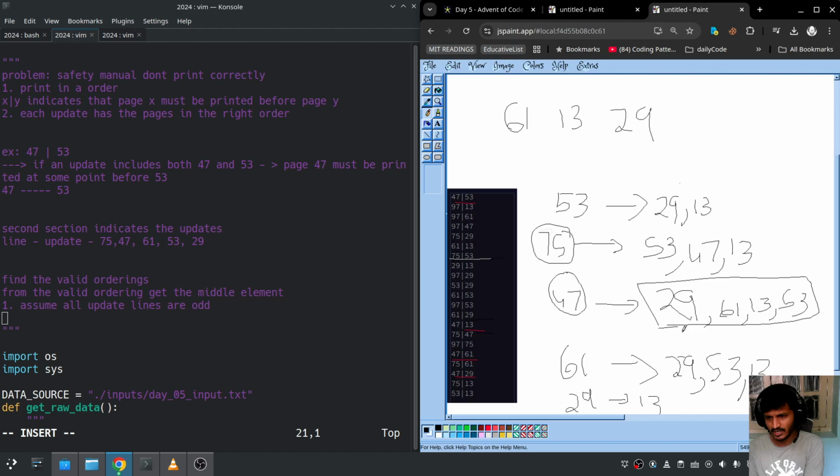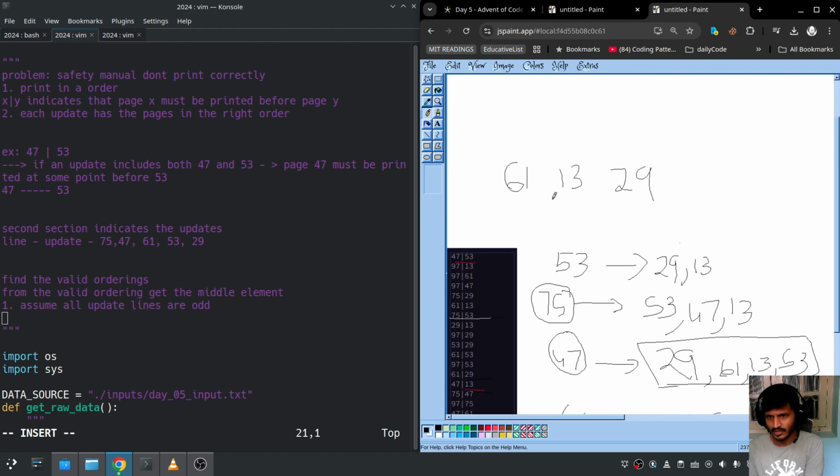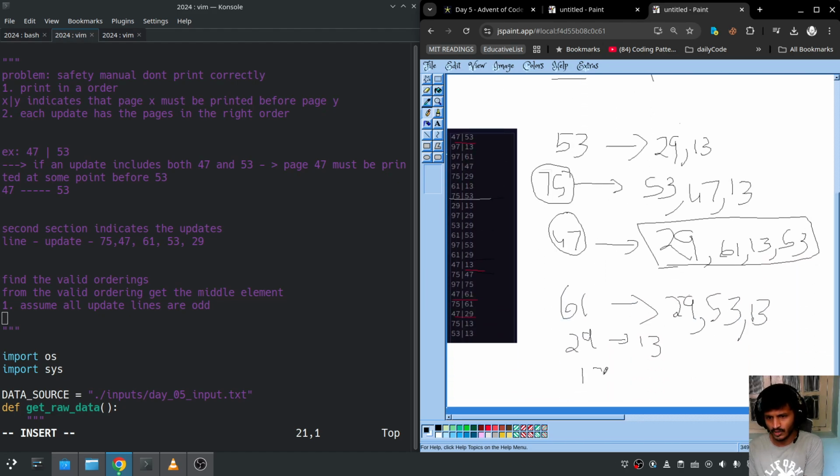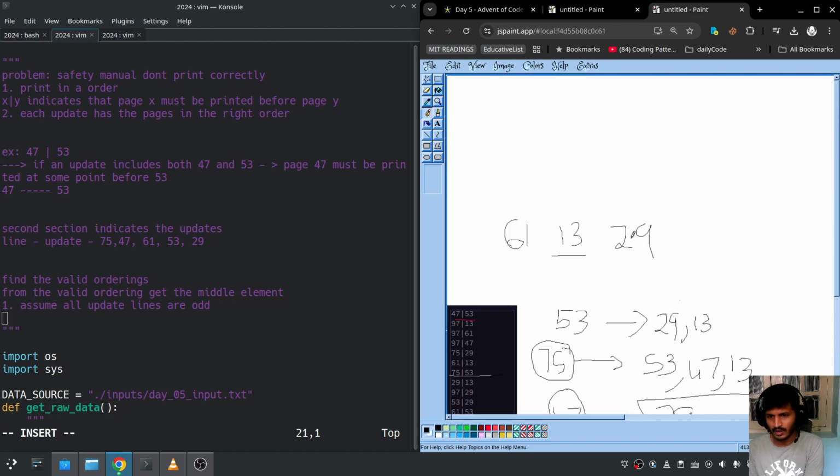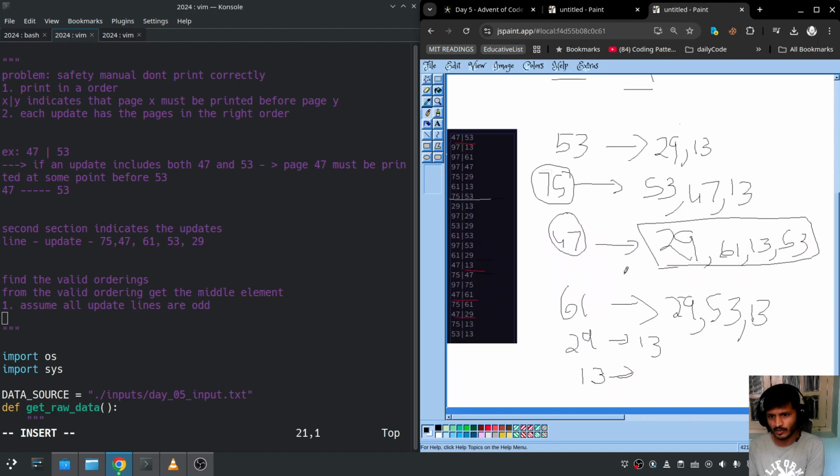a 61, I've seen nothing before it, so it's good. When I see a 13, I say, oh, what does 13 need to appear before? 13 is not on my left hand side, correct? Nowhere it's on my left hand side, so it's fine, good enough. When I go to a 29, I ask, hey, who should appear before my 29? 29 says I should appear before 13, but we already encountered 13 in our list, so we could say it's